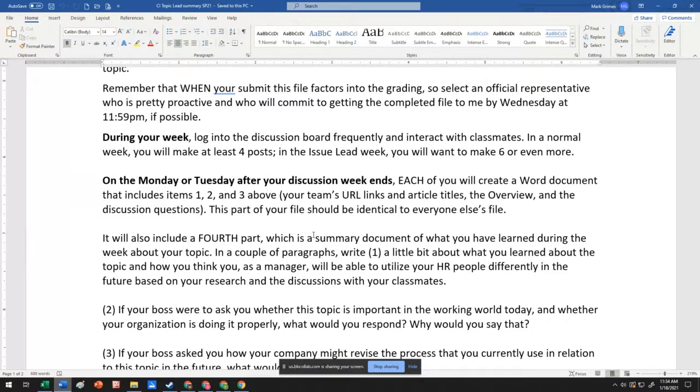When the week ends on Saturday night, then in week number 5, all right, remembering week number 2, select the topic. Week number 3, do your research and submit it. Week number 4, lead the discussion and be active in the discussion. Week number 5, think back over that process. Think back over what you learned and write a little summary where you have all of that stuff, the URLs and the article titles and the overview and the discussion questions, and then have a paragraph where you talk about what you learned,